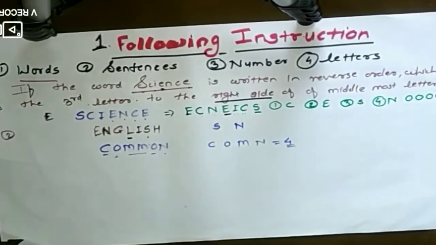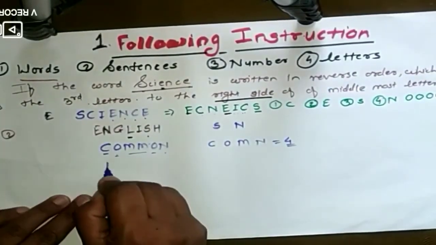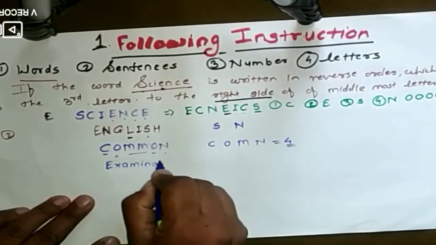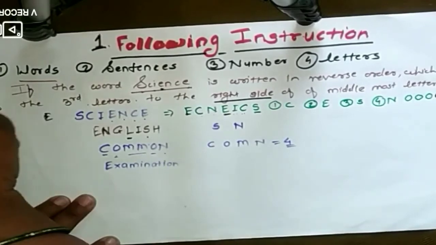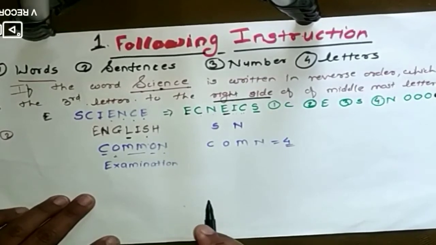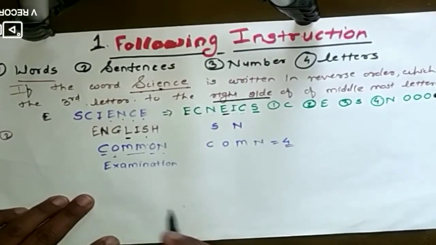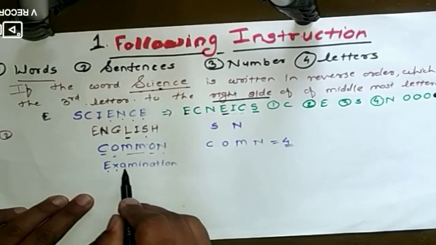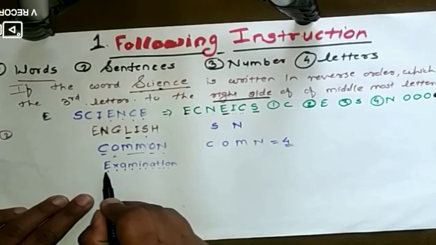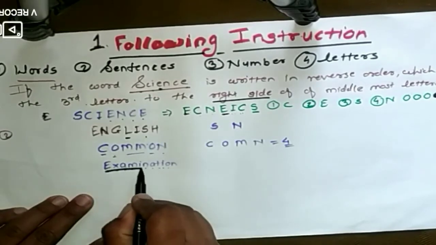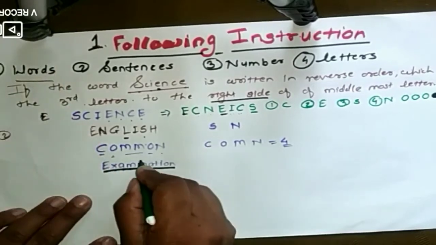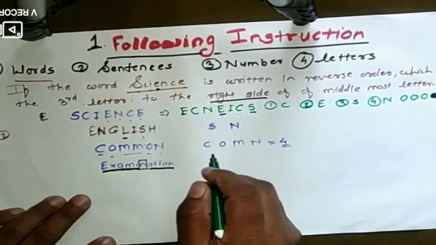So this type of questions are coming. Again, suppose they give one question in this way also in the examination: which is the second letter on the left side of the middlemost letter? First of all, how many letters are there? 1, 2, 3, 4, 5, 6, 7, 8, 9, 10, 11. If 11 are there, you leave 5 letters from this side and 5 letters from this side. So which is the middle letter here? N is the middle letter.